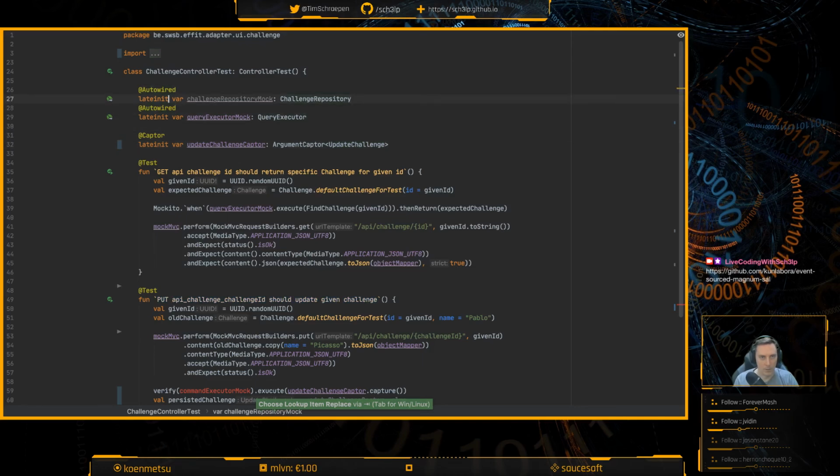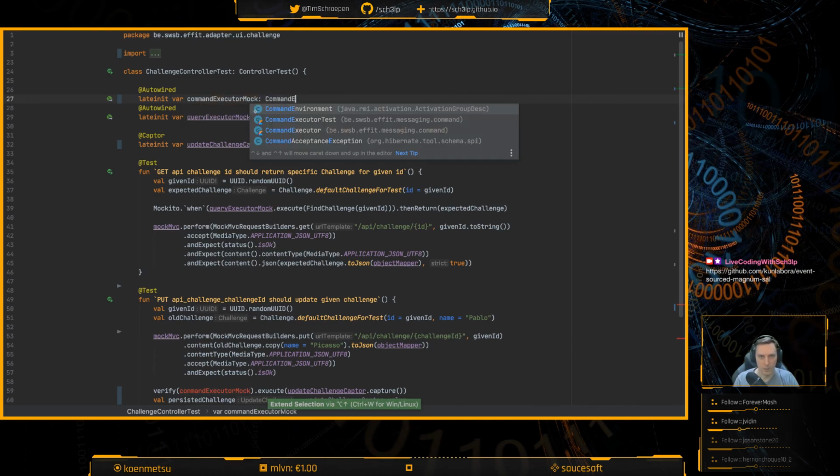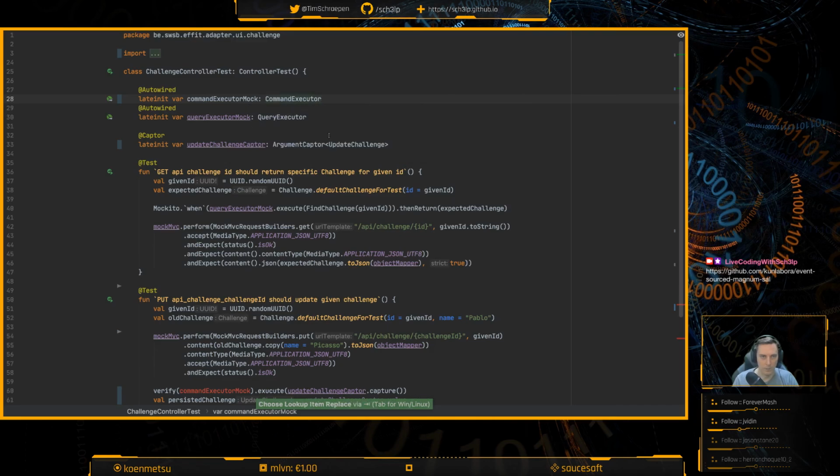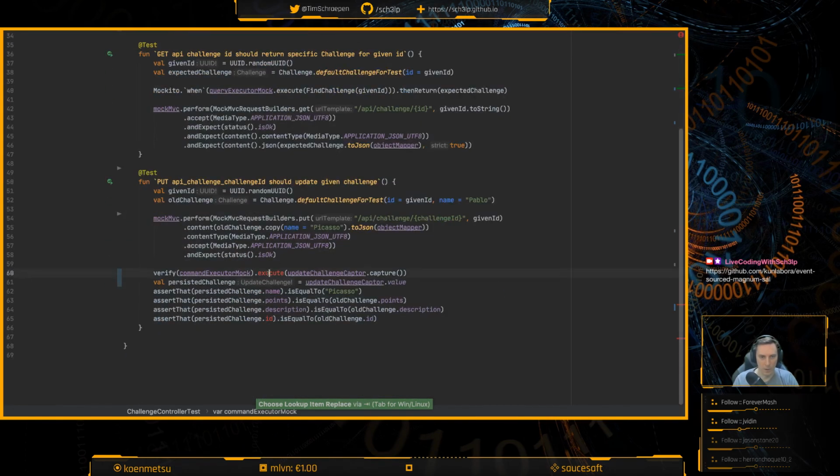I don't want this one, but I do want a command executor mock, which is a command executor. Execute.